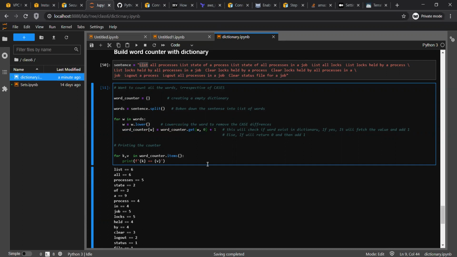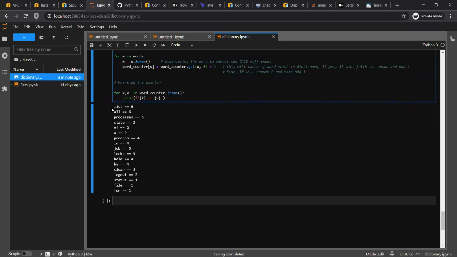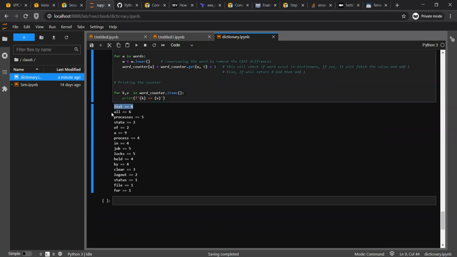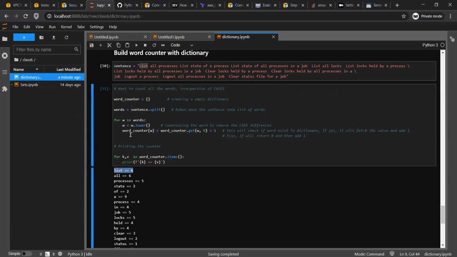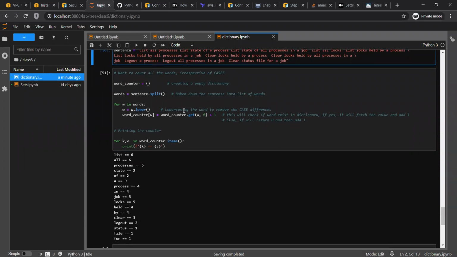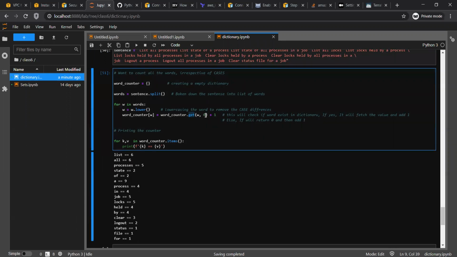When I run this, it returns list comes 6 times, all comes 6 times, processes comes 5 times, state comes 2 times, of comes 2 times, age 9 times in this sentence. These are the scenarios where we prefer the get method to have a default value.